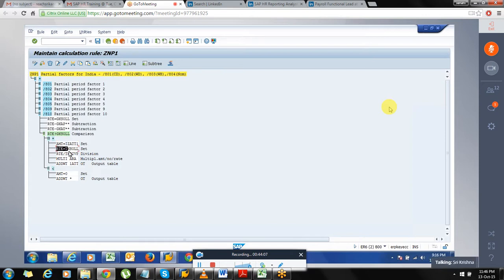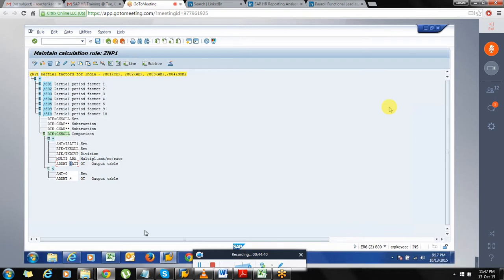Again I am doing the partial period factoring, like here, for that particular period, 13 days for the first period, 17 days in the second period, likewise it will get. Based on the splits, if there is no split, again this will be 30, so 30 divided by 30 will be 1. So we are multiplying amount by rate, and we are getting Z, ATT, that is attendance bonus wage, right?